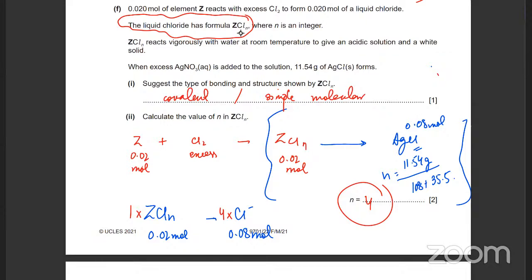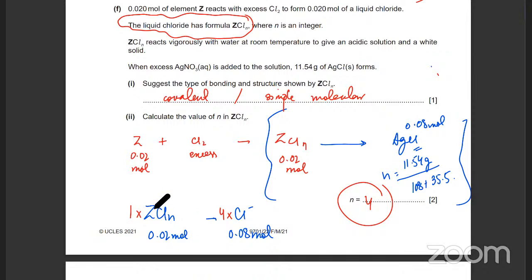Okay, they're talking about structure in terms of bonding. So it's simple molecular because there are 2 types of covalent structures. One is giant, and that's not going to be a liquid. Okay, the other one is simple molecular. And based on your knowledge, if they haven't asked you, but if they had